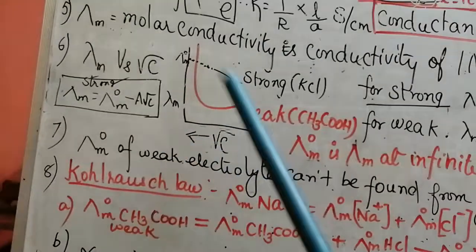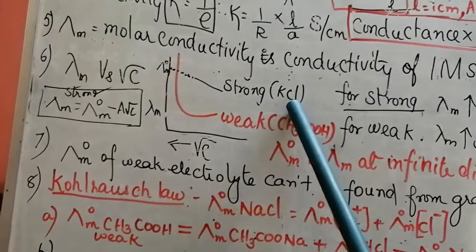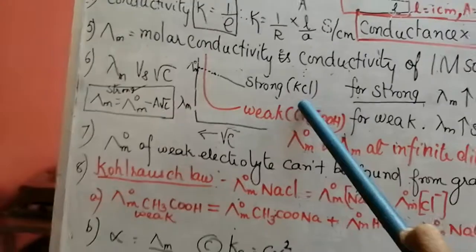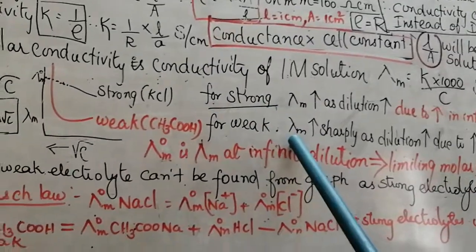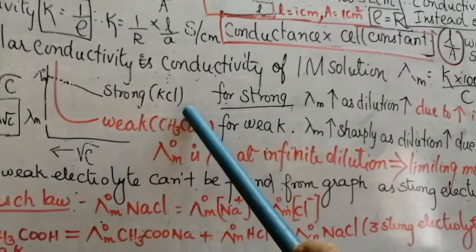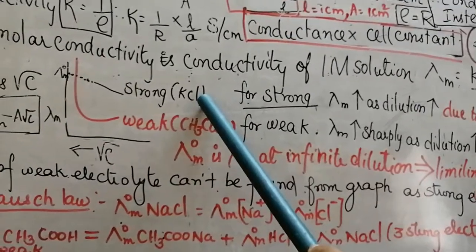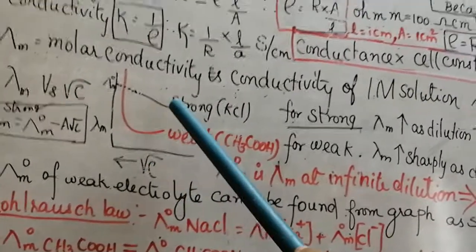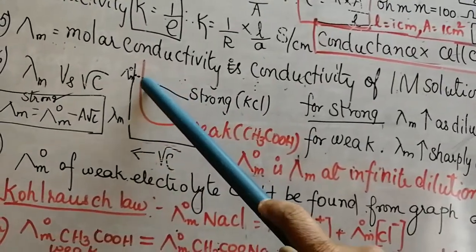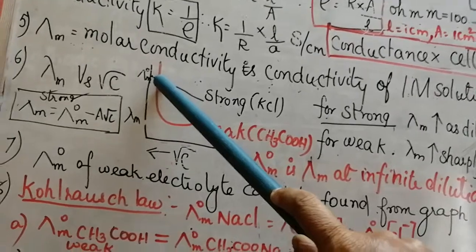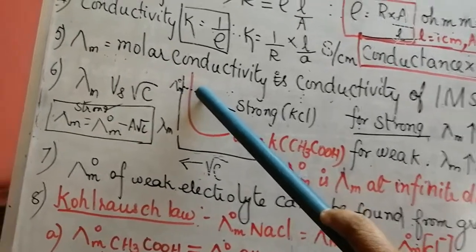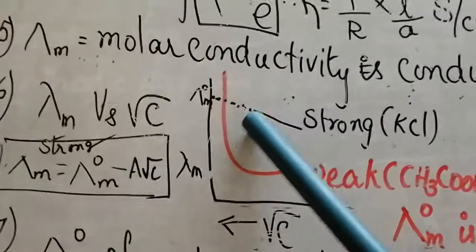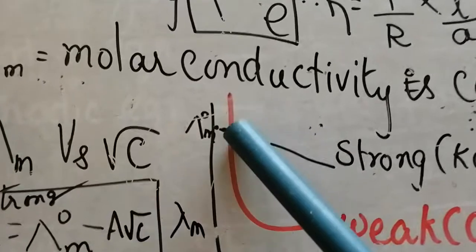So when you dilute, you see the strong electrolyte. KCl is a strong electrolyte. Why do you say KCl is a strong electrolyte? In a strong electrolyte, it will dissociate completely even in the beginning with a little water also. So what is happening when I am diluting? What is happening to the molar conductivity? Molar conductivity is increasing. Up to this it has increased. I have extra plotted. Can you see the dotted lines? I am extra plotting it.